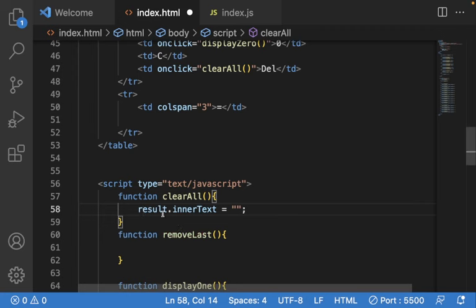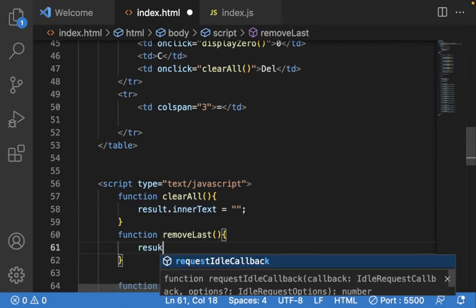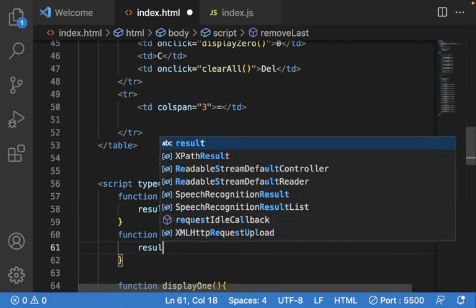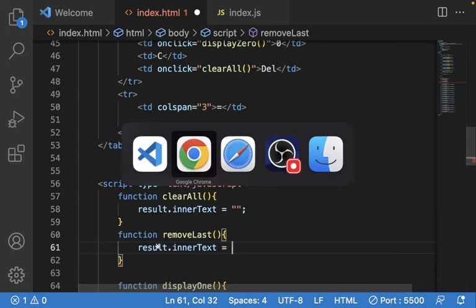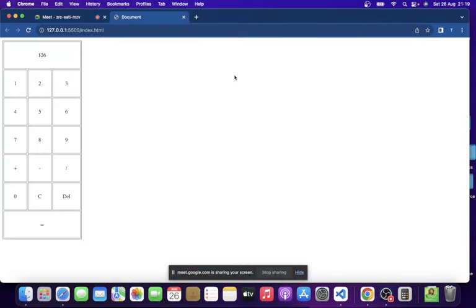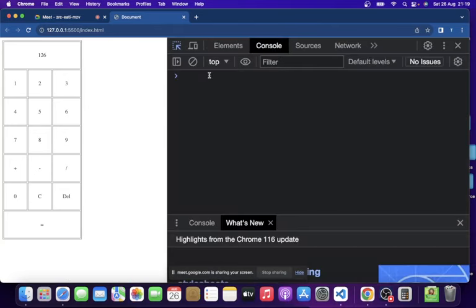So what you are doing is removing the last character inside this result dot inner text. So we say result dot inner text equals to. Now there's an inbuilt function in JavaScript called slice. Let me give an example. Let me use this terminal. Let's assume I have a string, Taye. If I say Taye.slice,